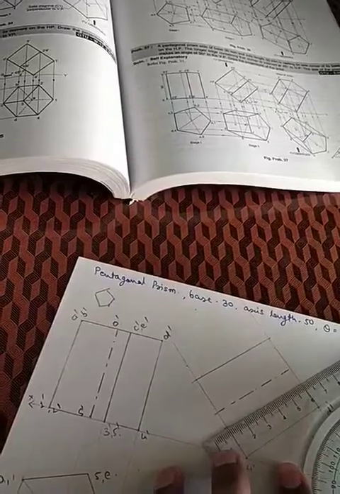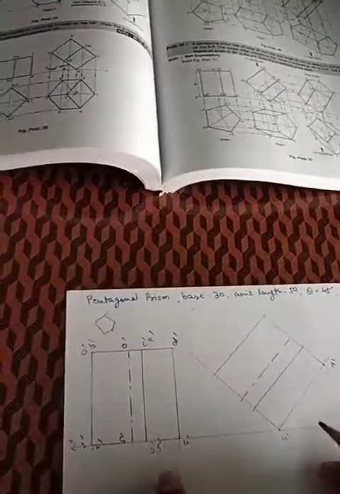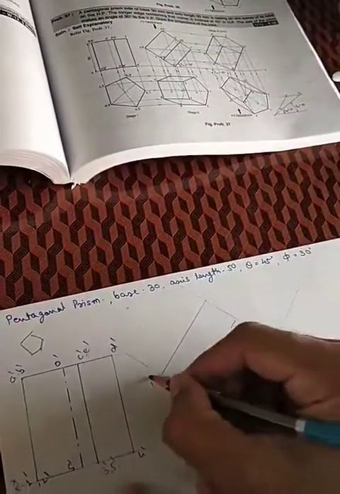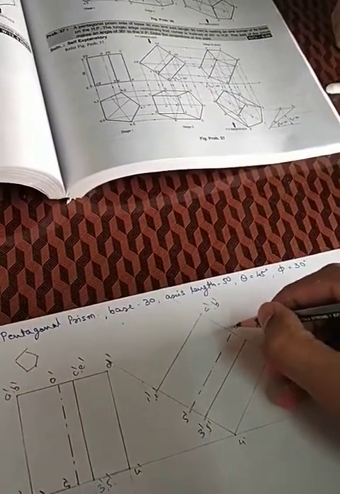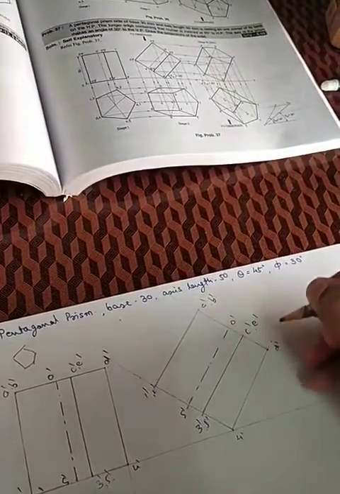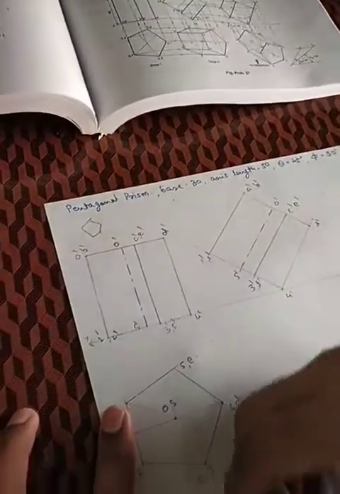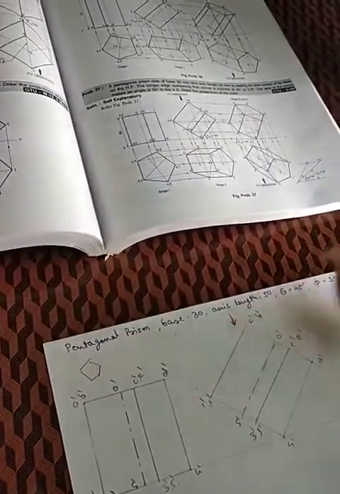So this will be my OS. Give all the numbers according to the figure. So this will be 3 dash 5 dash, this will be S dash, this is 1 dash 2 dash, this is A dash B dash, this will be my O dash, C dash E dash, and this is my D dash. Now in the first figure your observer is at this location, in your second figure your observer is at this location,